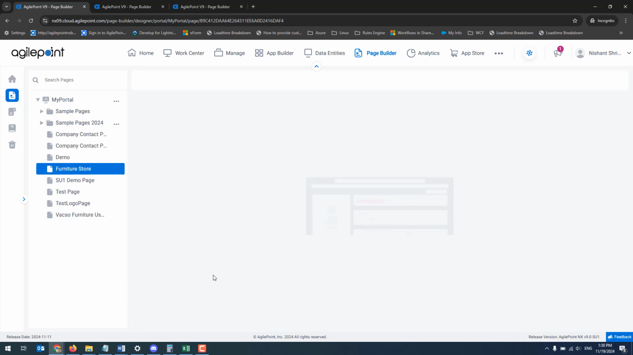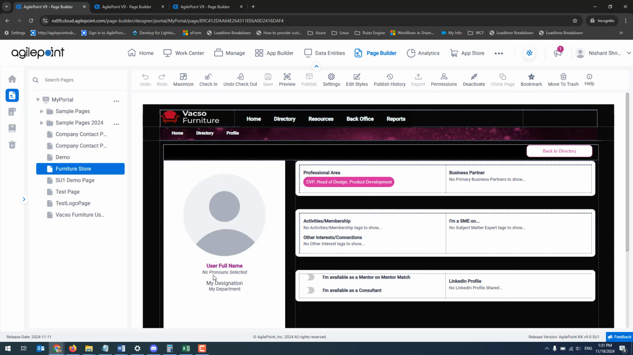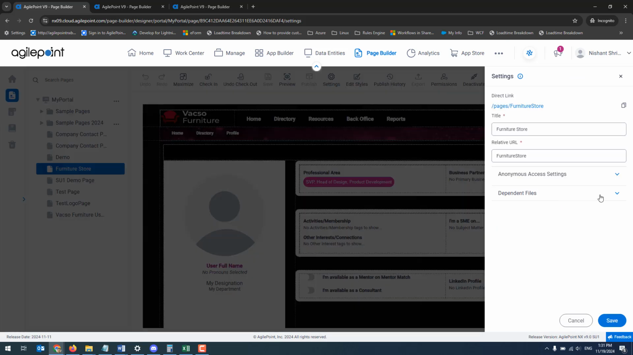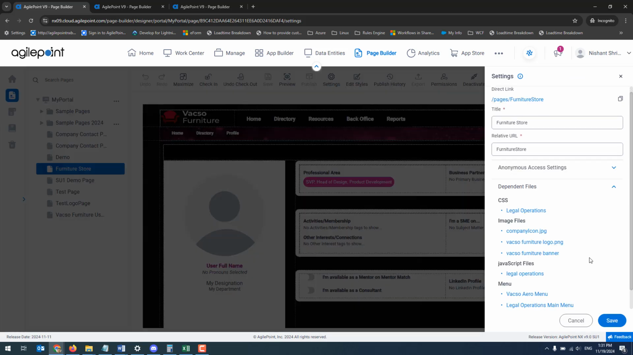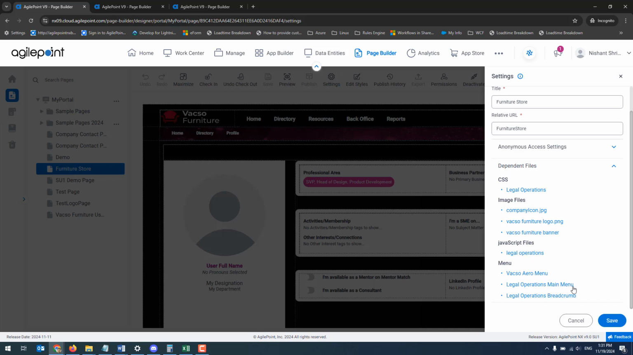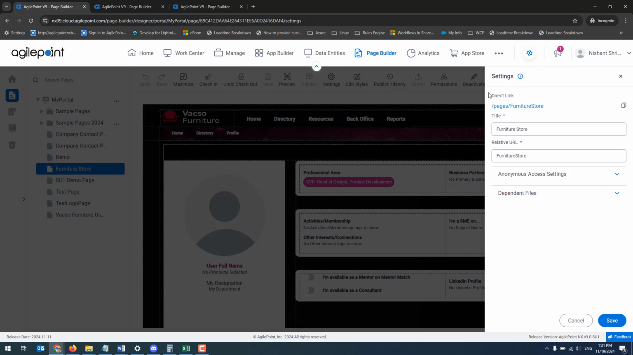Now coming back to the portal itself, if I go and click on one of my next pages over here, one of the frequently asked feature requests from our user base was that they wanted to see the dependent files used in a page. Now we have provided that option. So if you go under settings, there's an option called dependent files, and you can see all the CSS, image files, JavaScript, menu options all used in that page. Moving on,